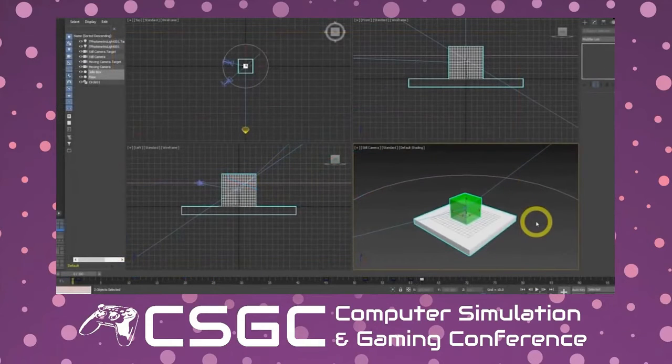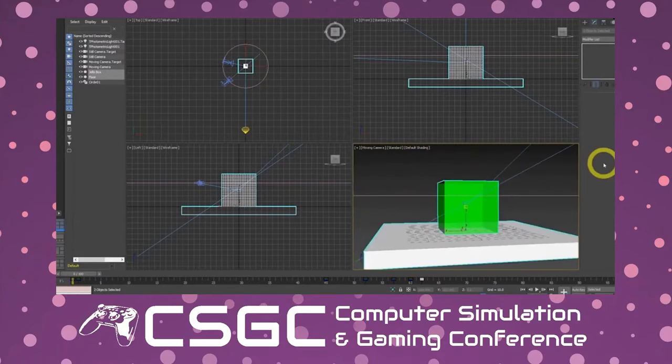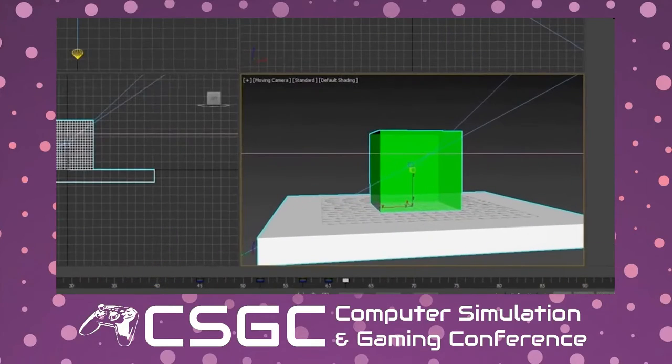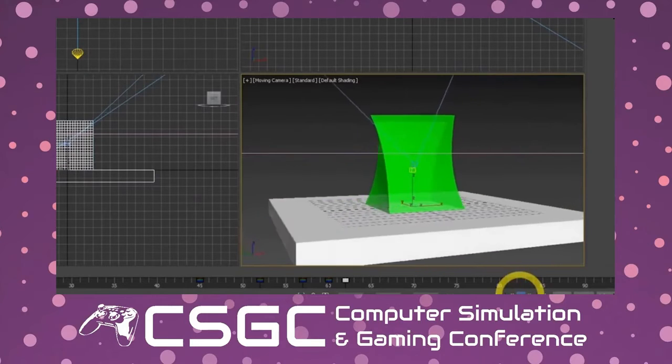Now, like I said, this scene has two cameras, so I'm going to click on my camera select. I'm going to change to the moving camera this time. And so here I have the moving camera, and you'll notice that this camera is animated. So down at the very bottom of our interface, we have the animation timeline, and we have the animation controls. So if I hit the play button, this will animate the camera.